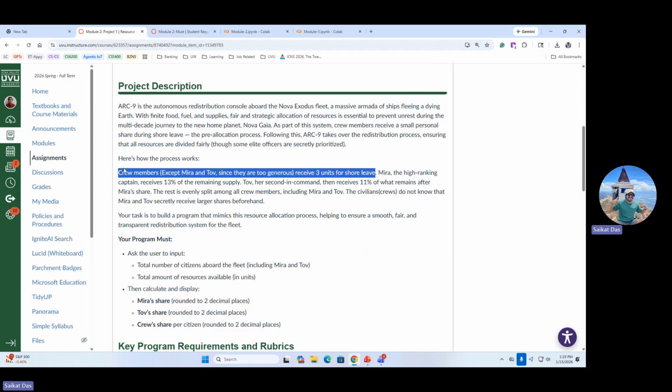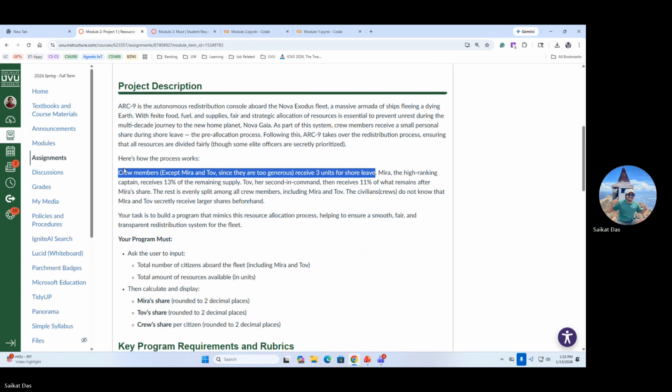So for example, my first input crew number is 20 and units is 1000, right? What's the first step? Give 3 units to all of the crew except Mira and Top. So Mira and Top counts 2. That means we need to deduct 2 from the total crew number and give 3 units to all of them, right? So instead of writing, I'm doing the calculation. So 20 minus 2, whatever the number, I don't know whether it's 20 or 10 or whatever. Since my input is 20, I'm writing 20. So 20 minus 2